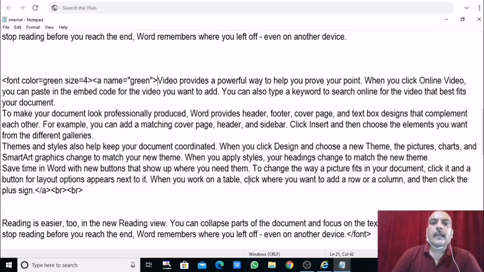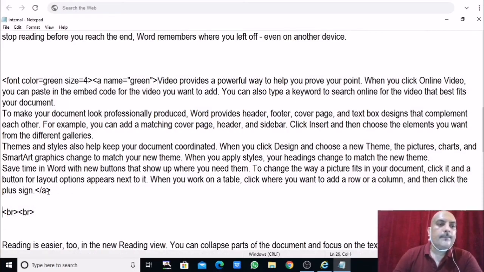So the name of this paragraph is green, and I have ended this with A. Done. So this paragraph name is green, and here I have changed the color of the green paragraph so that we can see the difference and check how it is working.